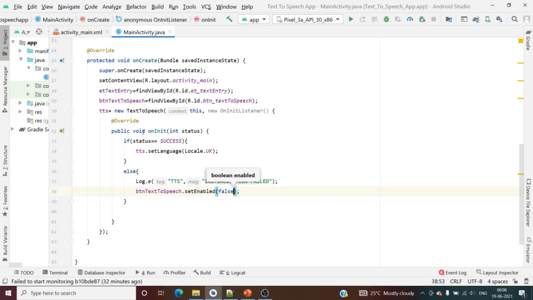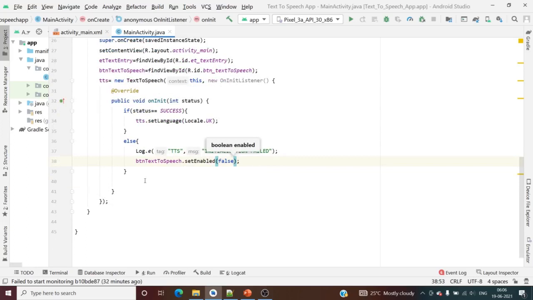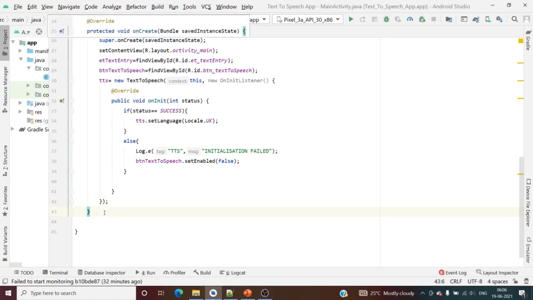Now this is a simple initialization process on the OnInitListener. It has a method onInit. In onInit, you are just setting the language. That's all, you have done that one. Now what we have to do is write the speak method.